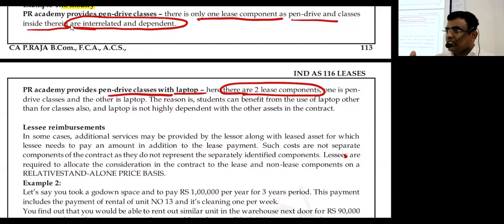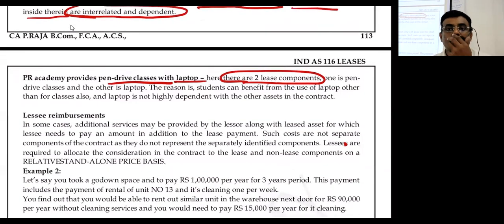One contract is there. In that contract, only one contract might be possible, or more than one lease contract is possible when it's distinct. But this standard is not using that word, but you can understand by taking that word. Another is one person will be leased, another person may not be leased. All three are possible. Okay, here I have given pen drive video classes as one, and a laptop as another.